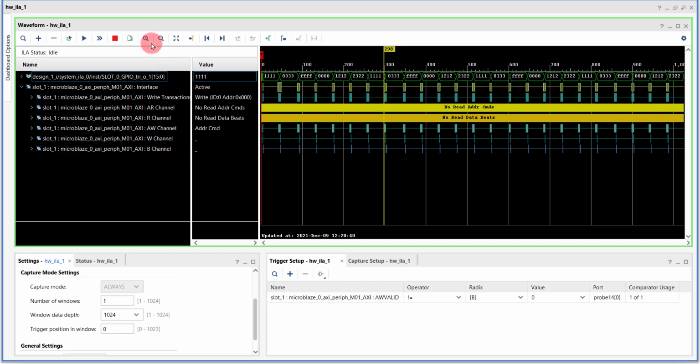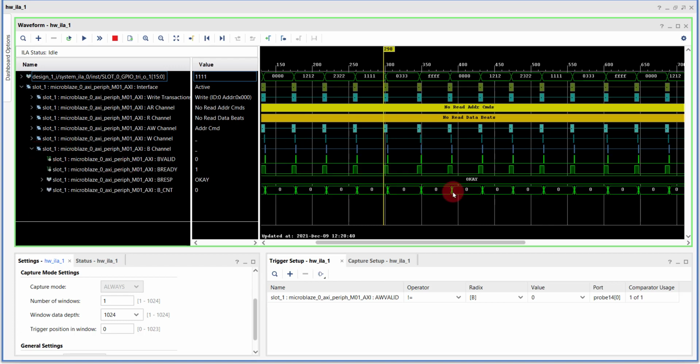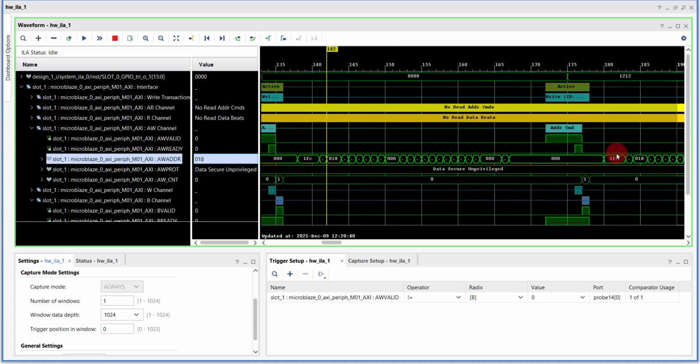So you could see the process is very simple. We first send address and control information, then we send the data, and finally we receive the response of a transaction. If you analyze the response channel and receive an OK, that basically means the transaction is successful. If you analyze the AW channel, you could clearly see the AW valid signal first become high. This indicates that the master has some valid data which it wants to send to a slave, and if the slave is ready to accept data, it will simply raise AW ready. This is how we initiate a transaction, and then we perform sending of an address followed by data.